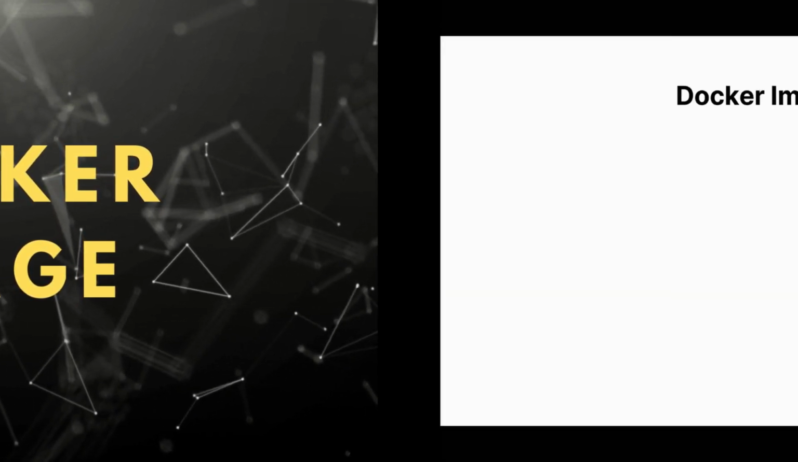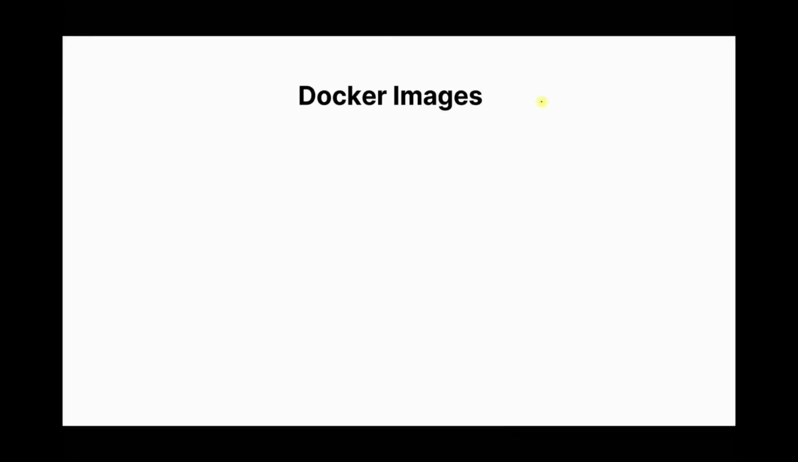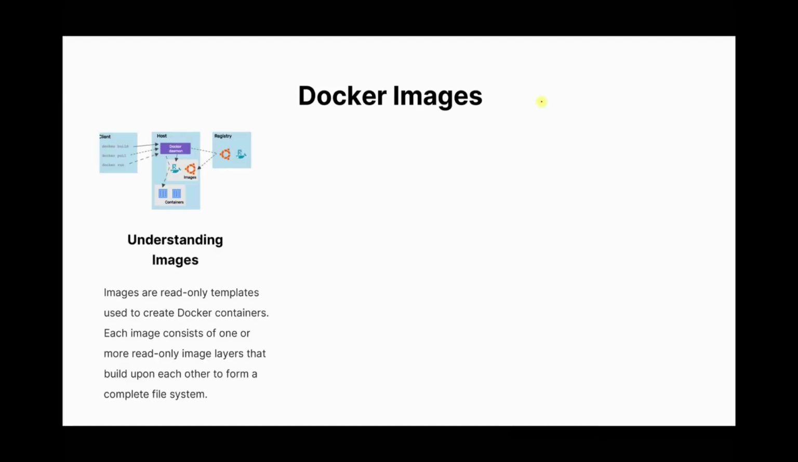Now let's understand Docker images, what exactly it is. Docker images are, as I already mentioned yesterday, read-only templates which are used to create Docker containers. How we need to create Docker images, we will see in the next slide from the Dockerfile. Each image consists of one or more read-only image layers that build upon each other to form a complete file